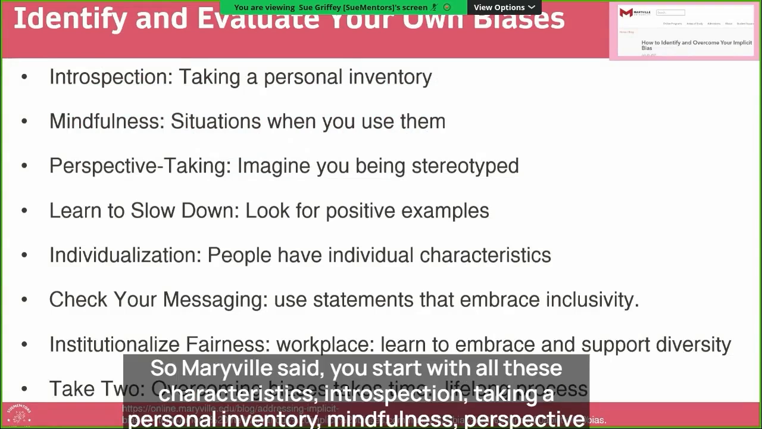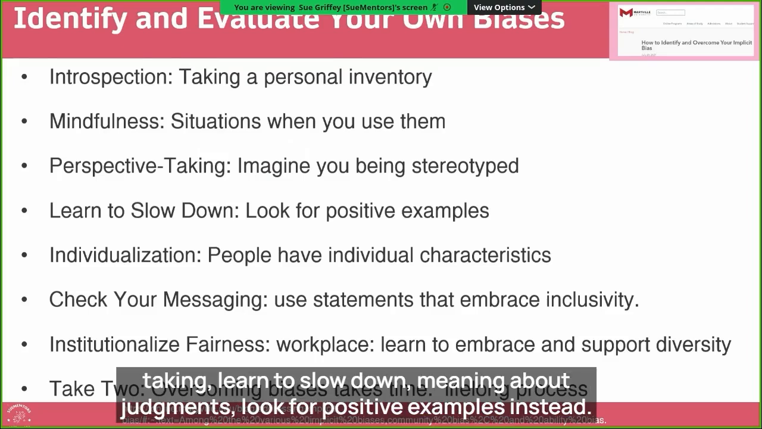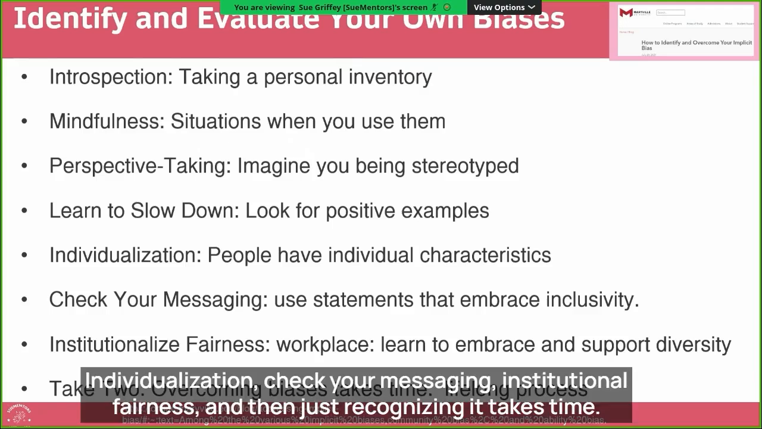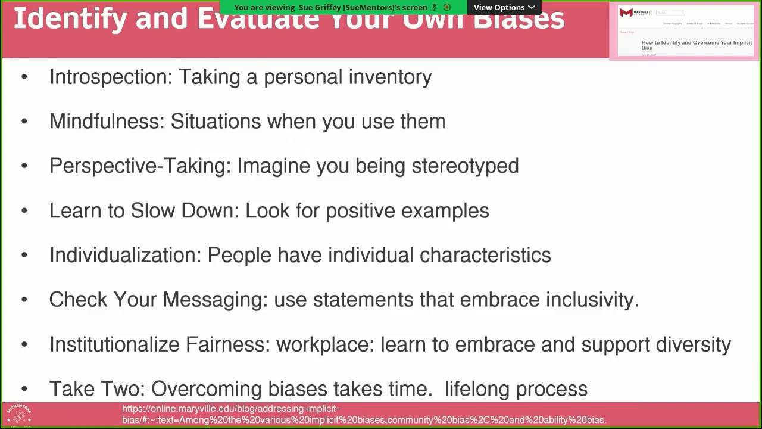So Maryville said you start with all these characteristics: introspection, taking a personal inventory, mindfulness, perspective taking, learn to slow down, look for positive examples instead, individualization, check your messaging, institutional fairness, and then just recognizing it takes time. This was quite a long web page. But then